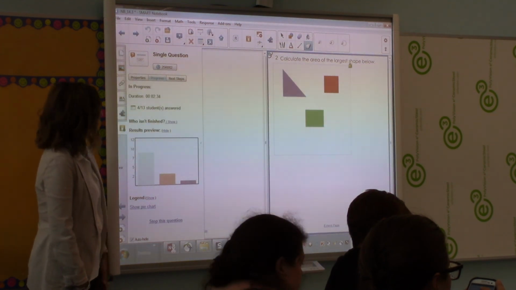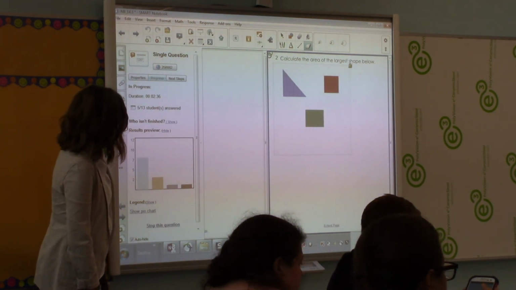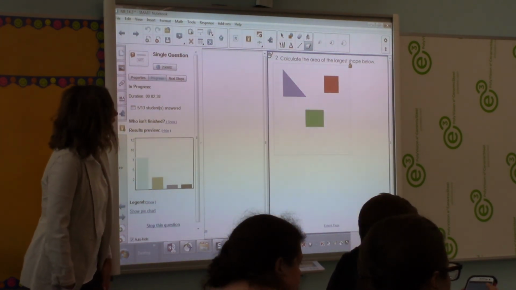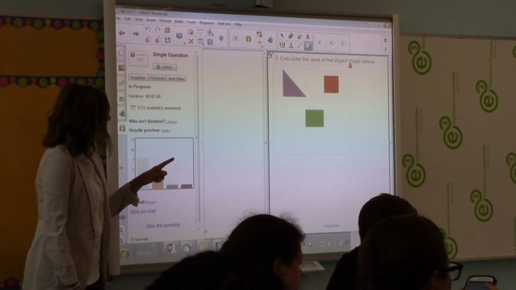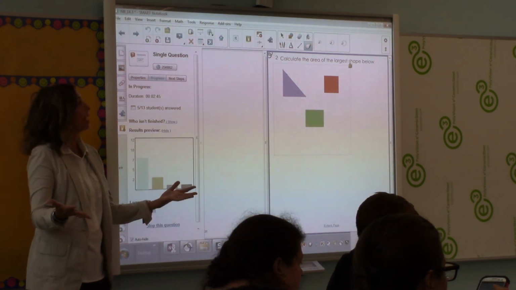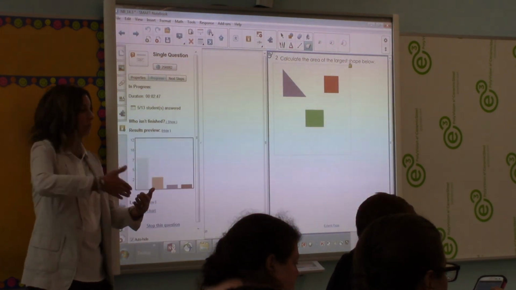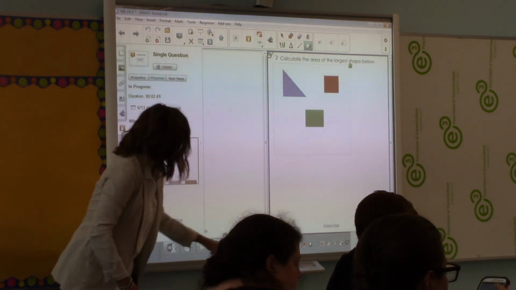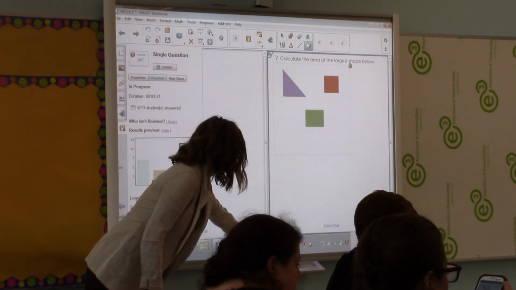Quick question. With the Smartboard app, can you print that out for data wall charts and everything? Yes, you can. That's going to be, I would say, Smart Notebook Training 102. You see how there's a little Smart Response icon down